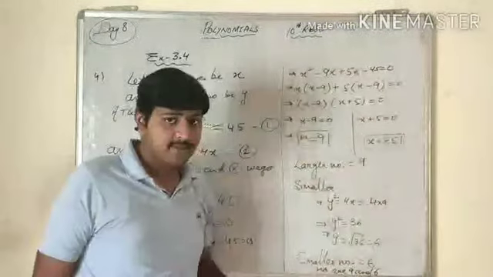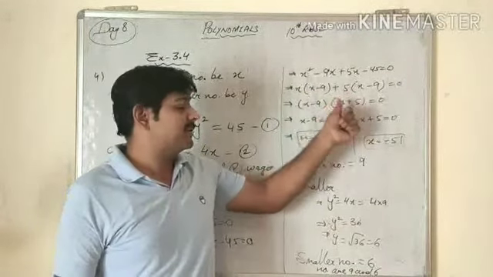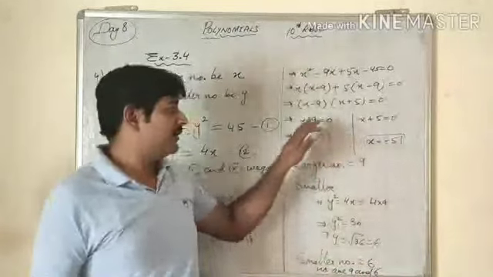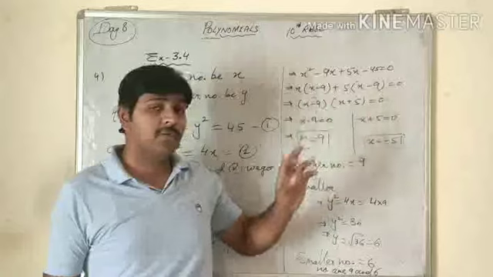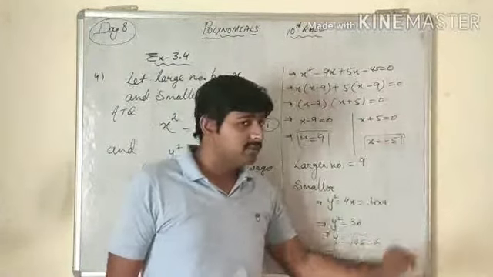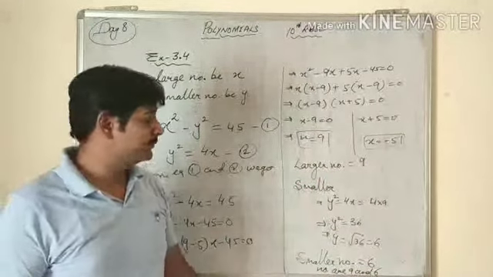So both the brackets are same. So take the bracket outside, and x plus 5 is written in a separate bracket. Now to find the values of x, we set it equal to 0. So this is positive 9, and that is negative 5, because this plus will be converted to negative 5. So negative numbers we will exclude, and this 9 we will take, that is the larger number.